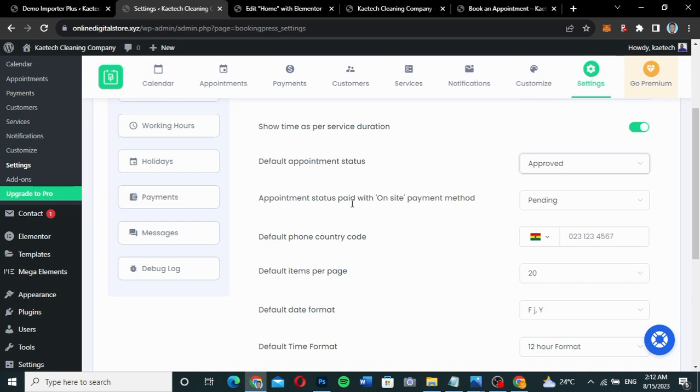And then appointment status paid with on-site payment. So if you don't have a payment system in it, then you're going to have an on-site payment method. So for the on-site payment method, definitely you need to put it on pending, so that you give people a chance to pay, or you show them where they can pay through you. In Ghana we have something we call mobile money and other stuff. Maybe after booking an appointment, you send them the mobile money number for them to pay for you, and then when they finish paying, you can approve the appointment,